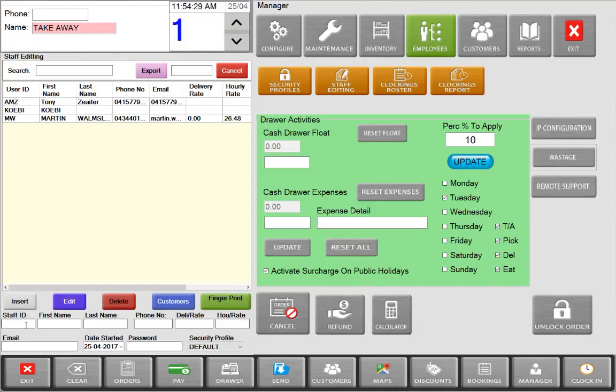Start by entering a staff ID. Staff ID can be anything you wish. Could be a number or even the staff member's initials. After you've entered the staff ID, enter the staff member's name and last name, phone number,